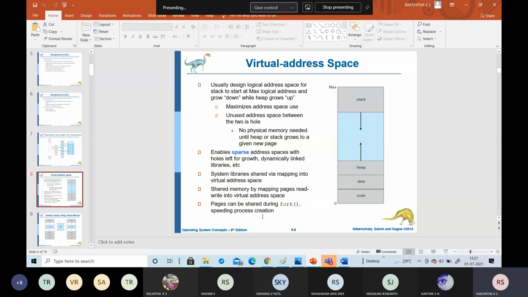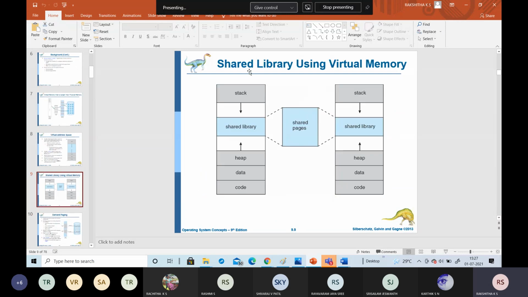So here pages can be shared during the fork function. So why are we using the fork function? To create a new process, right? Whatever pages we have loaded here, the CPU can execute the code only if it is present in the main memory, so it can be brought from the secondary memory, which is capable of storing more programs that can be shared there. So here it is the shared library using the virtual memory concept. Okay, so this is how data can be shared between the different virtual memories.